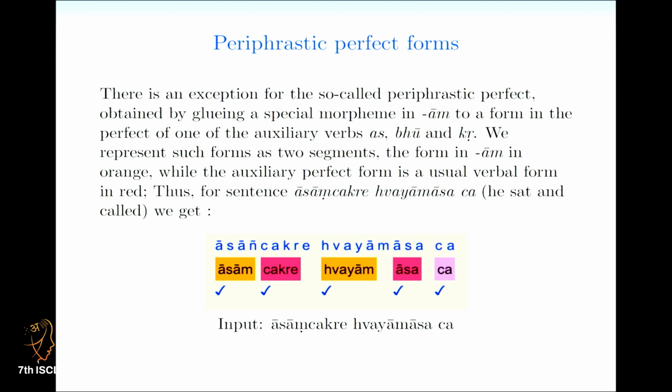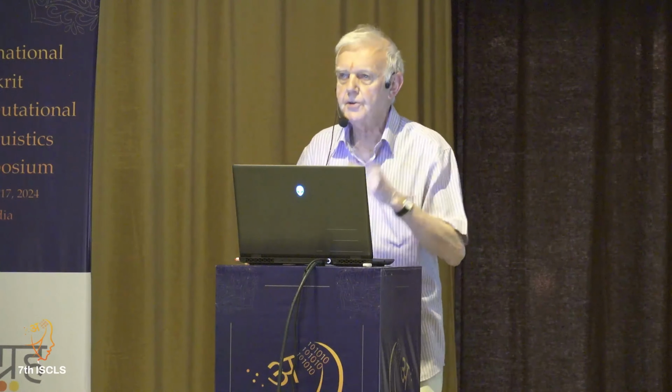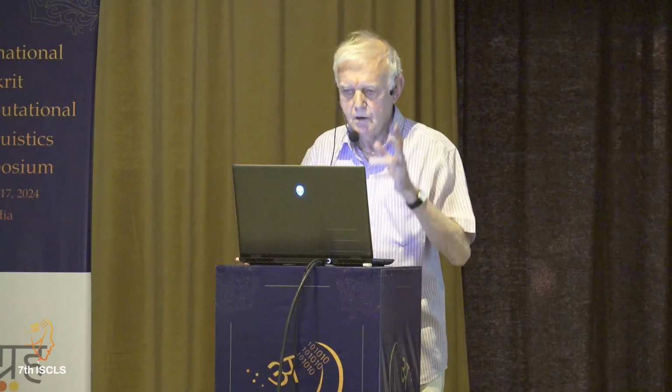So you can use this other construction in which you have actually two segments, and one is a special form in am, like awesome, and the right-hand side is a verbal form, but only of the auxiliaries as, bhu, and